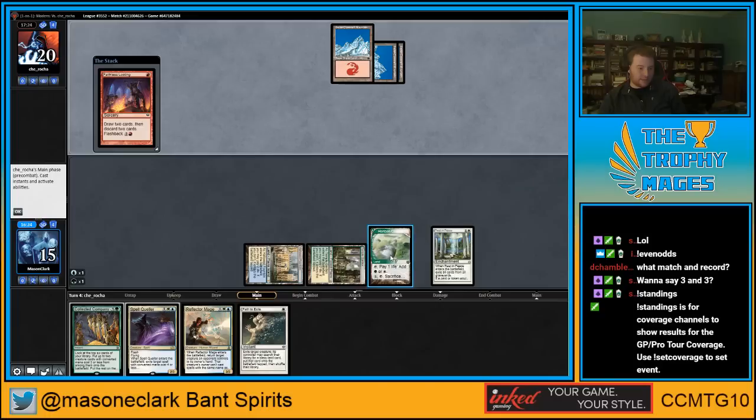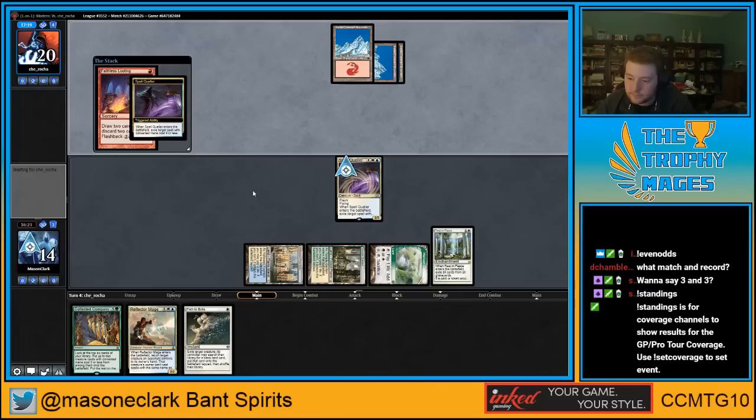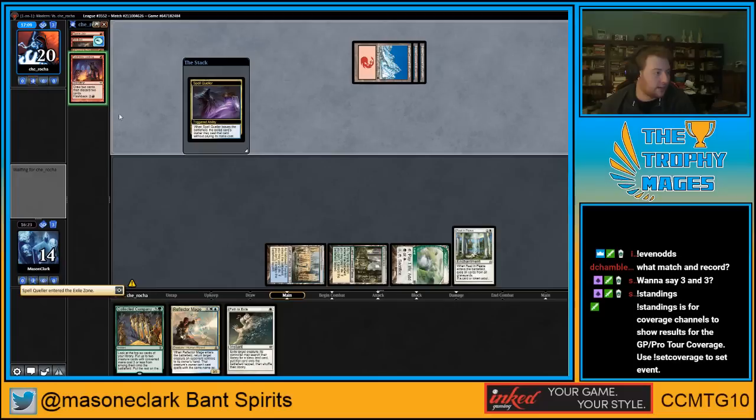Whatever. I'm going to tap this for a white. I don't want to tap that one for a white. I think they have a bunch of Arclights and Revelers in hand, so I'm hitting this to try and not let them get them out of their hand. All right. Well, that didn't work, but